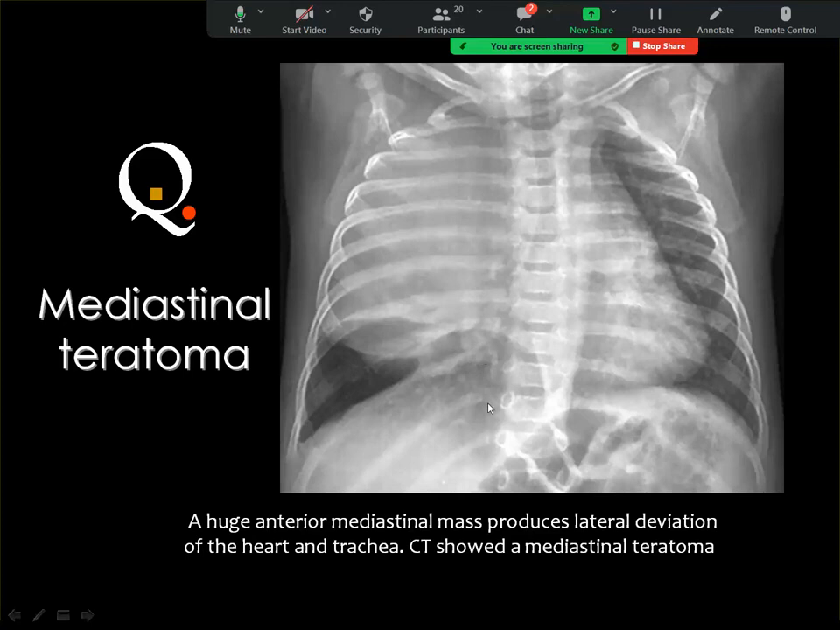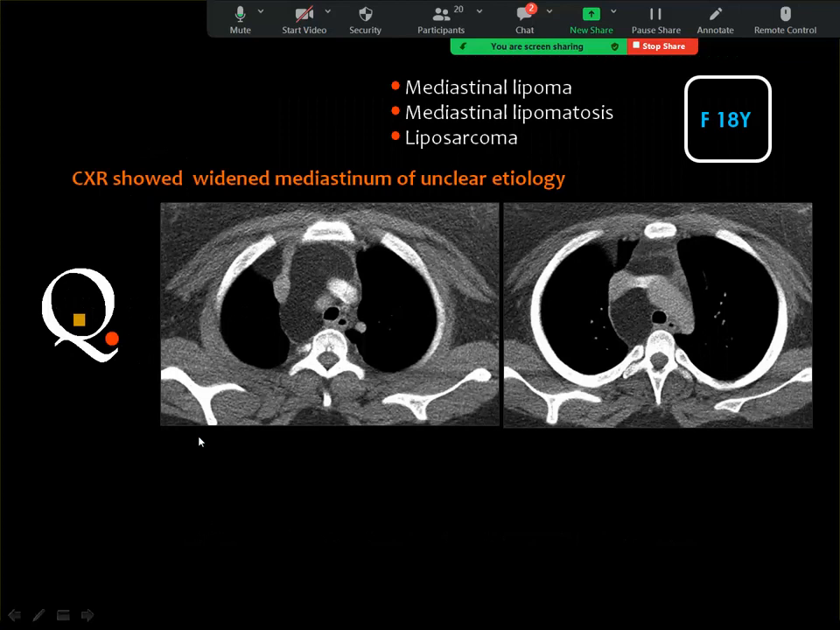It is evident in the CT scan. Then take a moment to look carefully at these calcifications. If they look like teeth derivatives, then you may predict the possibility of mediastinal teratoma. This is a female adolescent, 18 years old, and the CT scan of her chest showed this